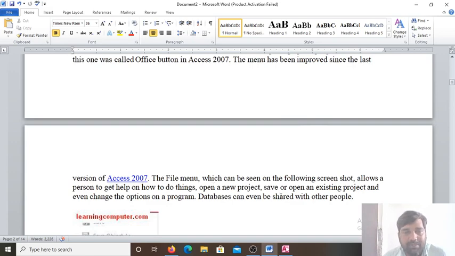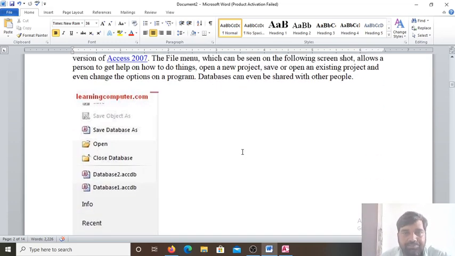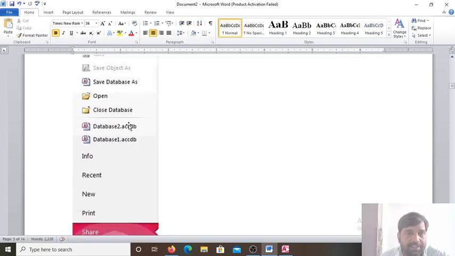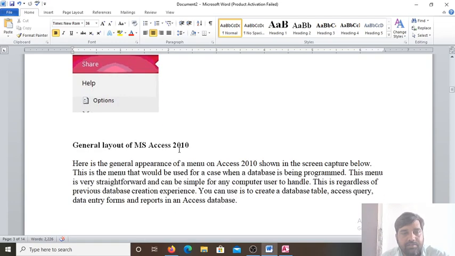The file menu, which can be seen on the following screenshot, allows a person to get help on how to do things, how to open a new project, save or open an existing project, and can even change the options of a program. A database can even be shared with other people also. You can share it. See here, save database, open, close database. This is already a created database. Share is the option. With the help of this share option, you can share it with others.